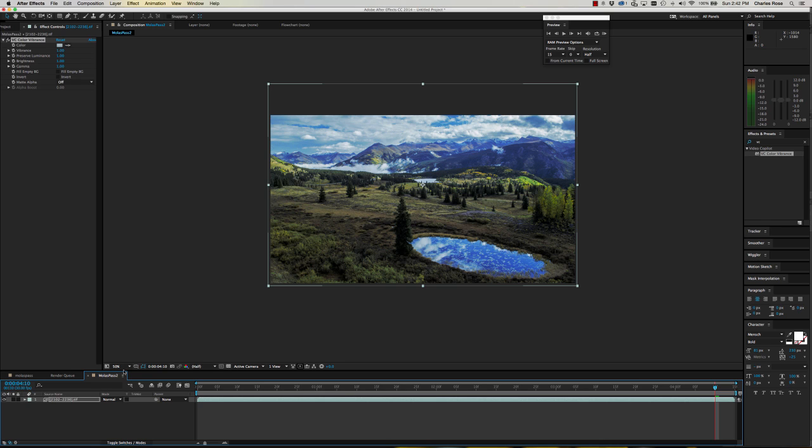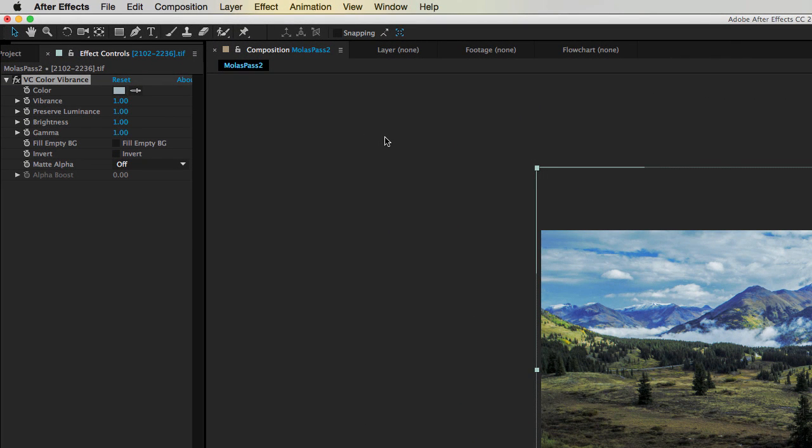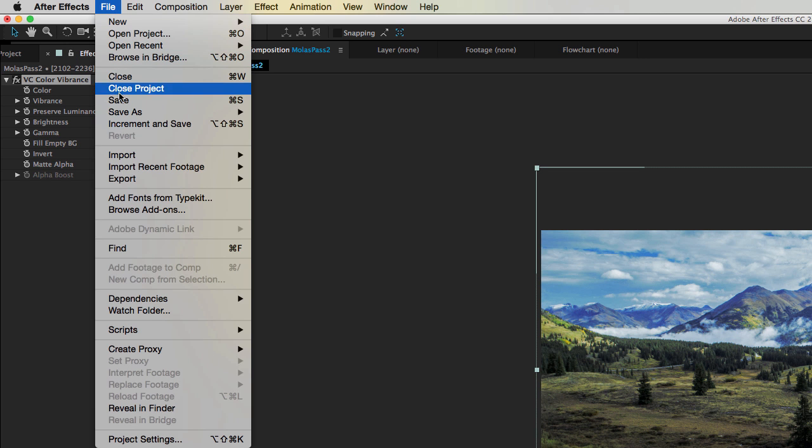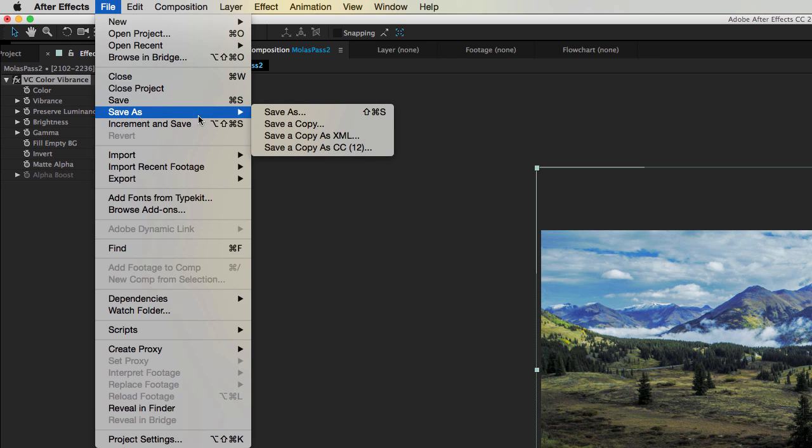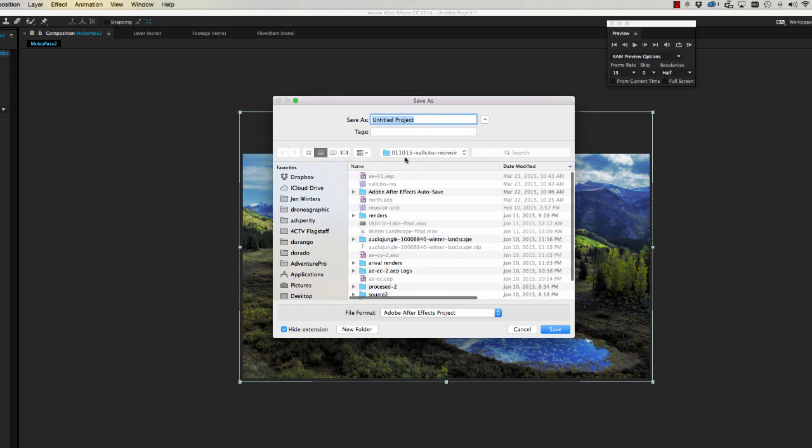So you can click there, and you want to save your project, which is different from your composition. A project can be made up of many, many compositions. You want to save the project, and we haven't done that yet. So we're going to do File, Save As, and we'll put this